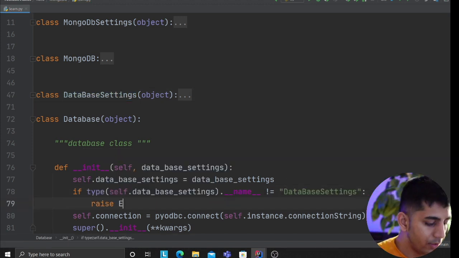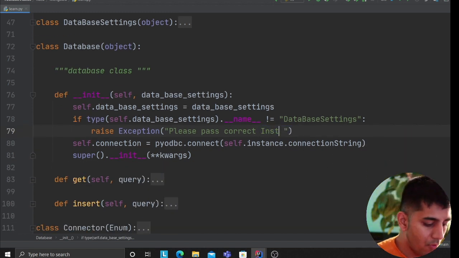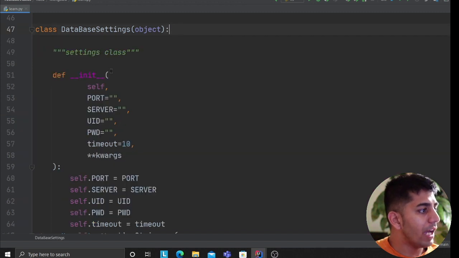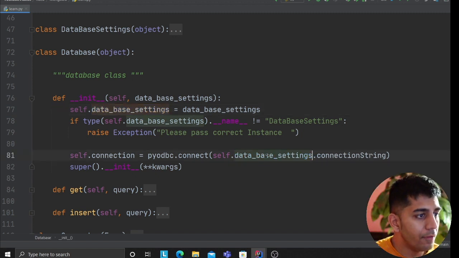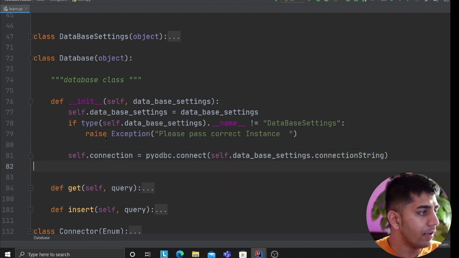So raise exception: please pass the correct instance. Now remember this one right here is an instance, so I have access to all the attributes here, okay, remember that. So now the idea here is you'll say self dot database settings dot connection string, that way you have access to that and this should be fine, right?